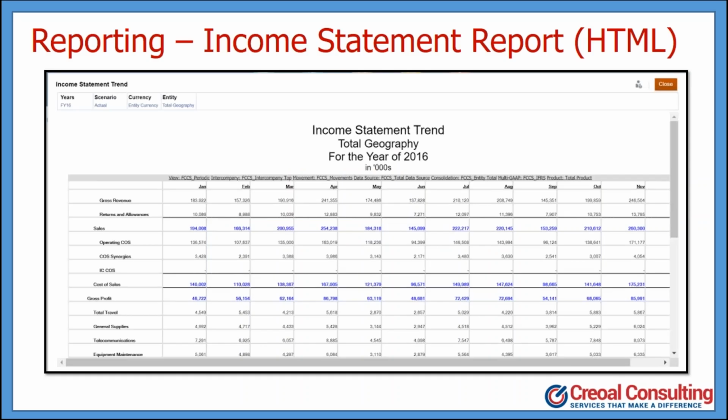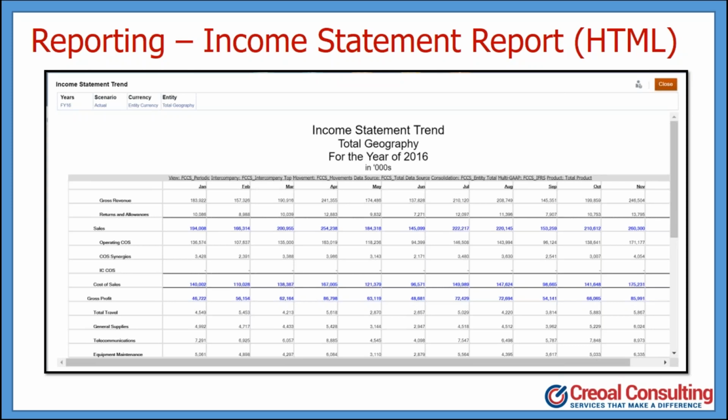So what you're looking at here is an income statement report for a particular organization. And it's made available through a template that is accessible to the user in the browser. So this is a completely interactive report where the user can, in the upper left-hand corner, change the point of view. So if they're looking at EMEA, they can change the currency to euro. If they wanted to look at a different year, they have the ability to change the year. So again, it's an interactive report that gets information quickly to the user.